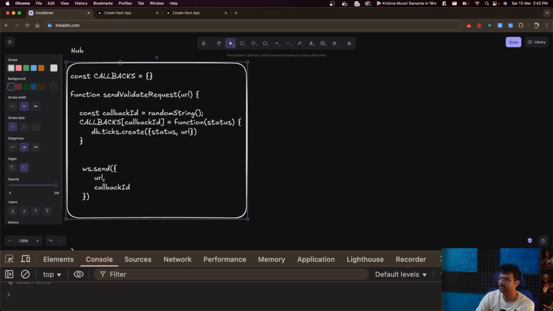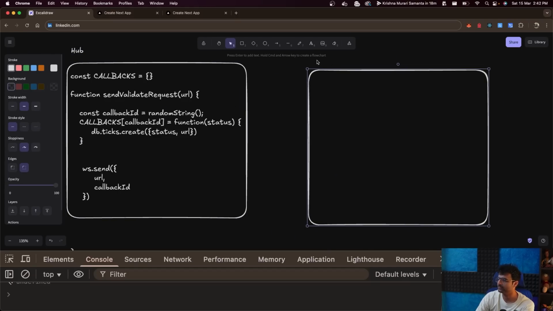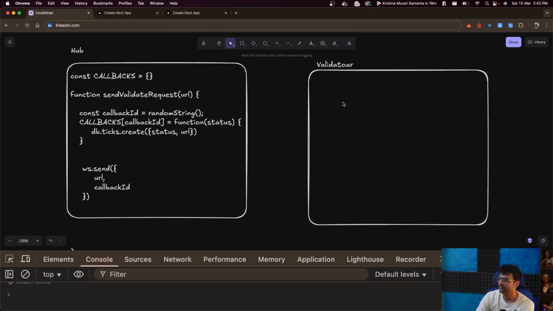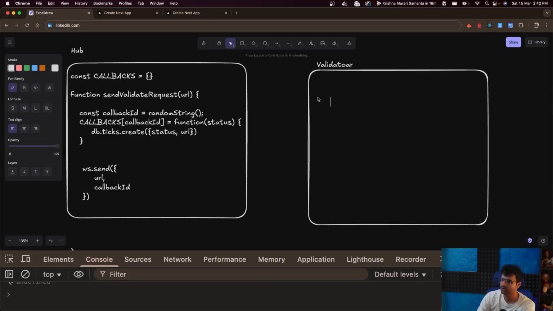What is the other side doing? What is the validator doing? Whenever it is receiving a request, it's creating a connection to the hub. It is creating a WebSocket connection to the hub. So const ws equal to new WebSocket, whatever is the hub URL,